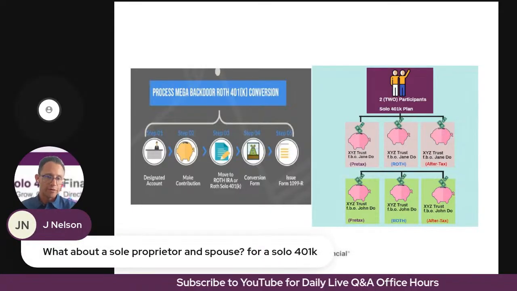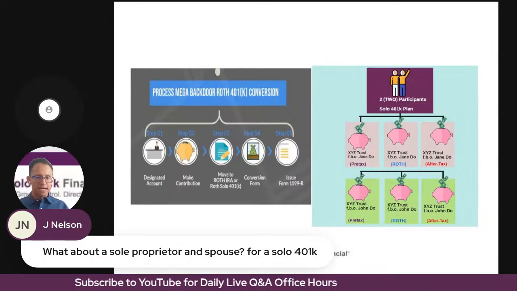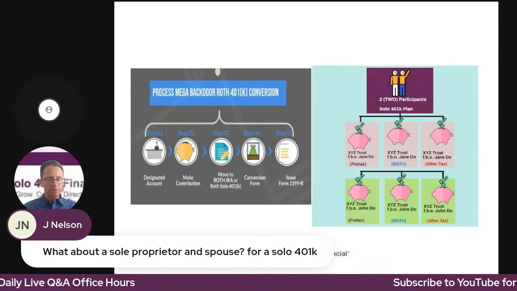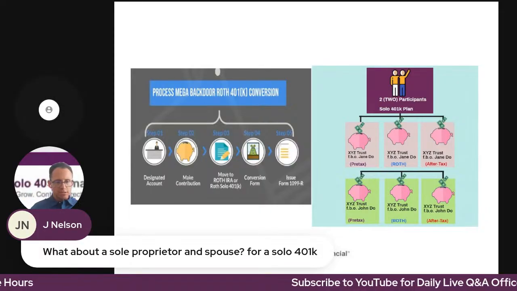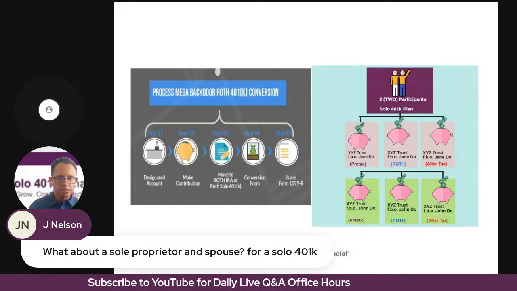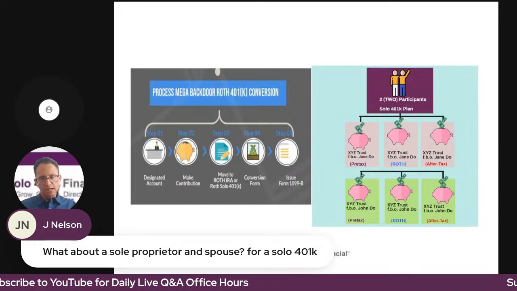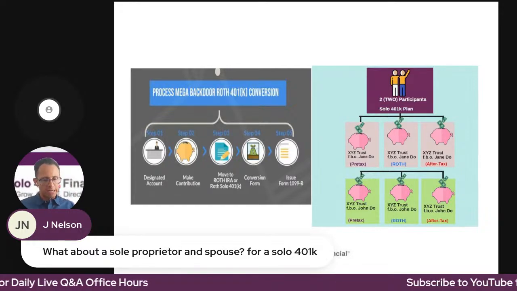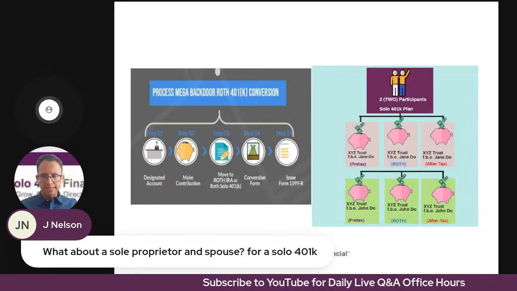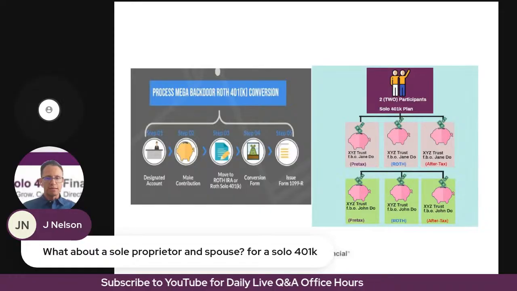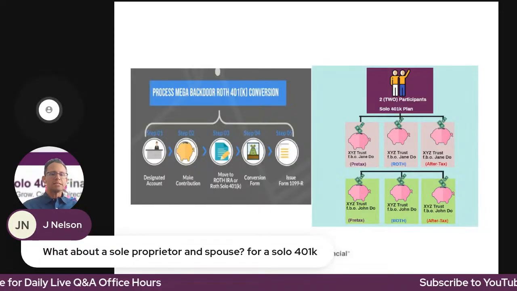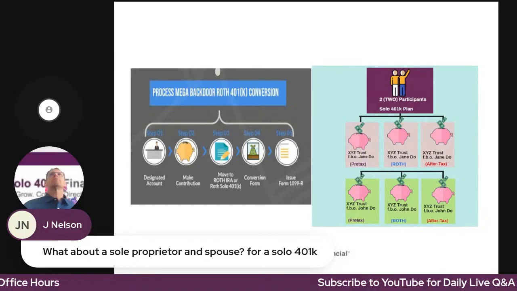Yeah, if you're both self-employed in the same, let's say, LLC that's taxed as a sole proprietorship, that's one plan. Both of you are working for that LLC. So it's one plan sponsored by the LLC that's taxed as the sole proprietorship. That means you each would file a separate Schedule C. So the contributions to the solo 401k plan would be calculated based on your respective Schedule Cs. And again, take a look at that link I just shared that talks about how to report contributions for each entity type, whether it's an S Corp, sole proprietorship, or partnership.